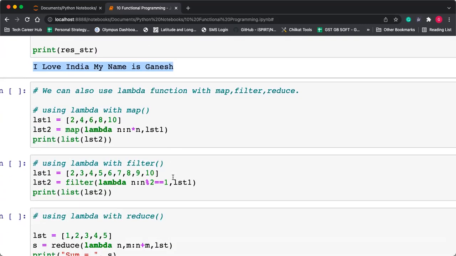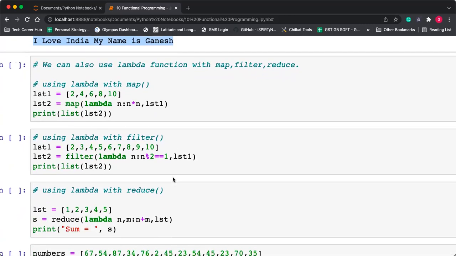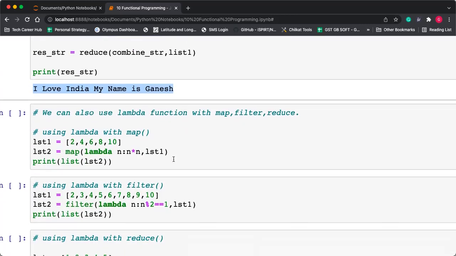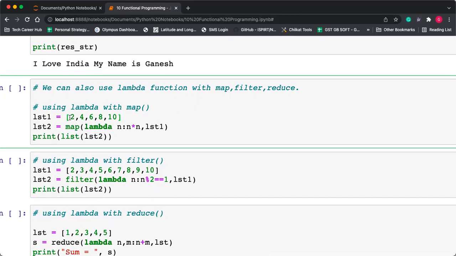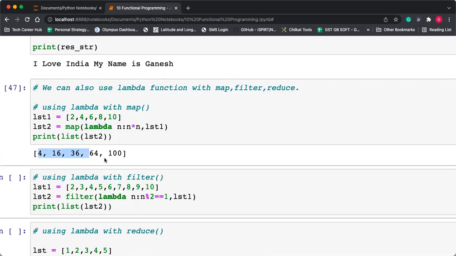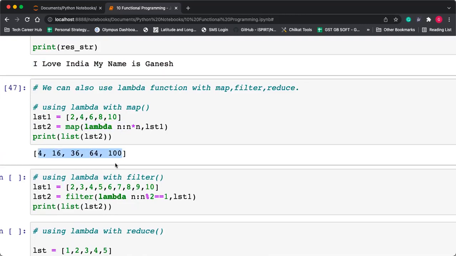Okay. तो इस तरीके से अगर रोलिंग कंप्यूटेशन कुछ भी करना है ना, तो आप reduce function यूज कर सकते हो. Okay. Now you can use the lambda function with map, reduce or filter function. Okay. देखो यहाँ पे दिया है lambda n: n into n. So it will calculate the square. Yes, it will calculate square. तो ये देखो square आ गया. Okay, list1 के square आ गया.